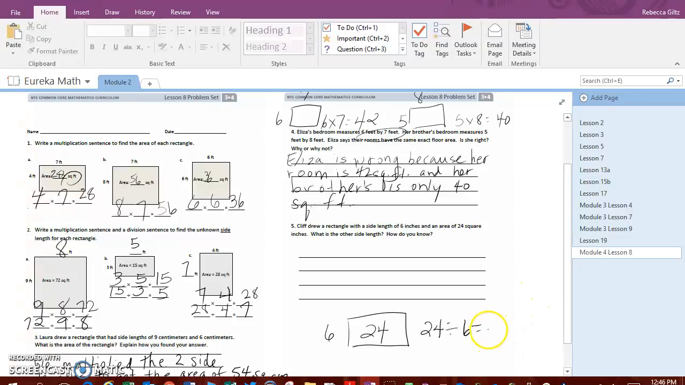So hit pause if you want to figure that out on your own. 24 divided by 6 is 4. So that's our missing side length. So we're going to answer the question. The other side length, that's a D, is 4